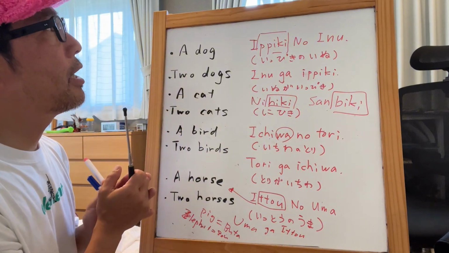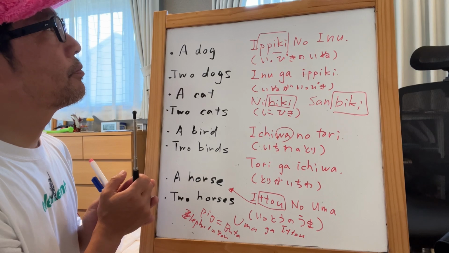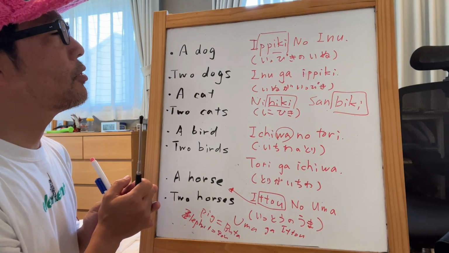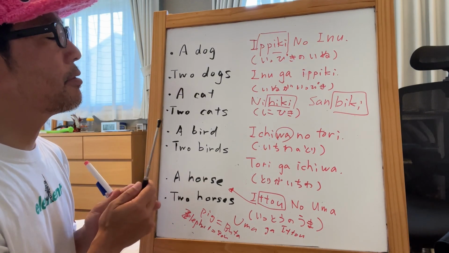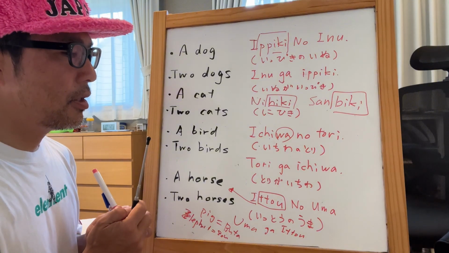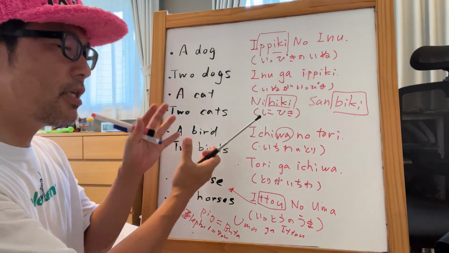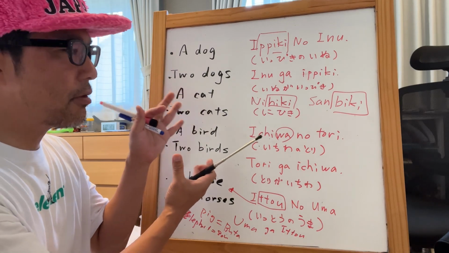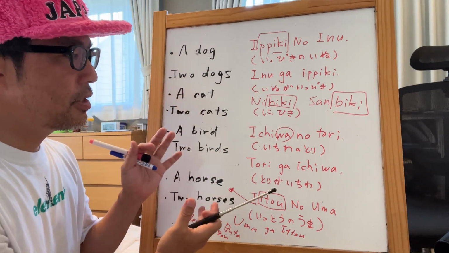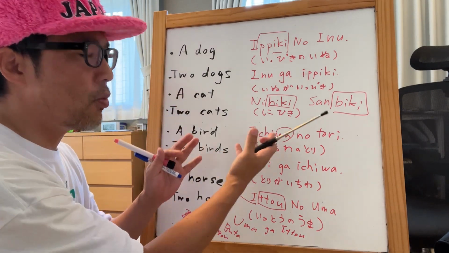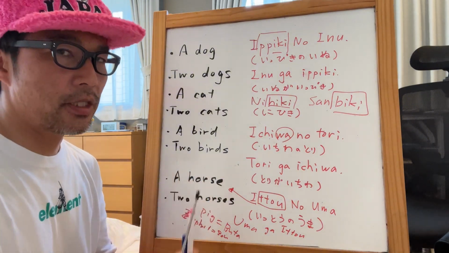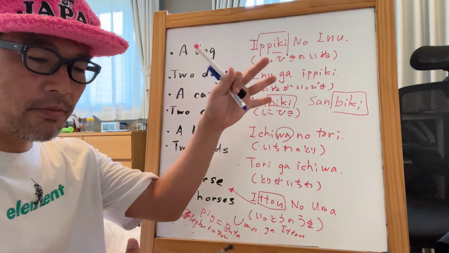What other animals do we have? Penguin. Penguin, 1羽. Penguin should be categorized into the birds. So you will go with 羽. 1羽のペンギン。